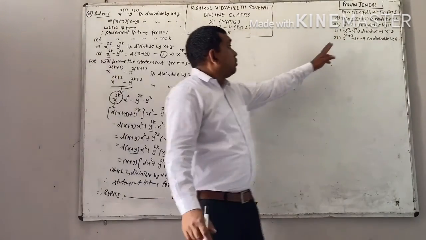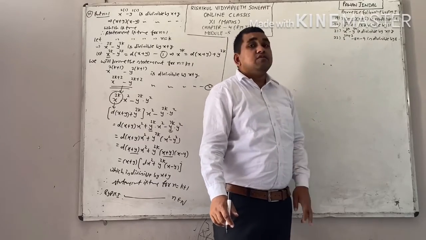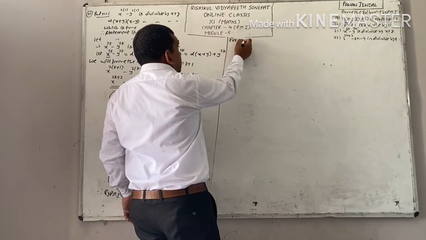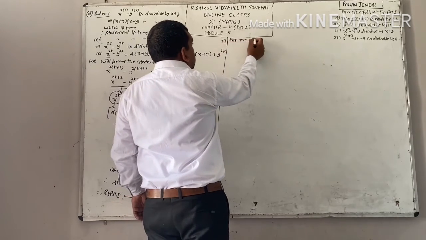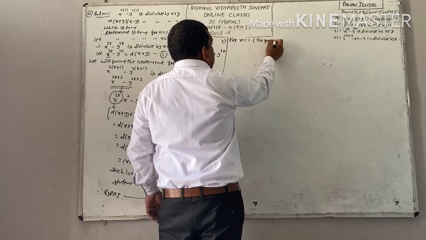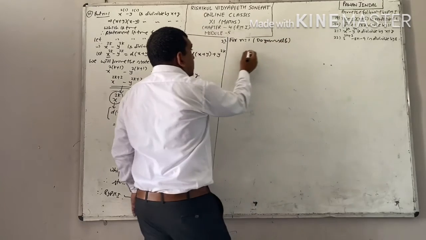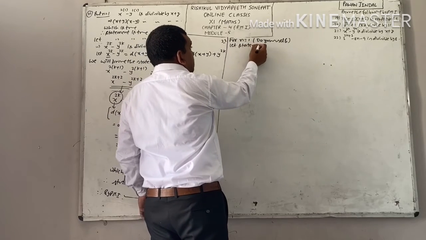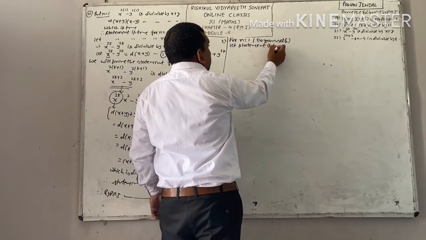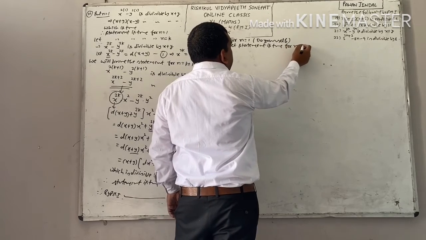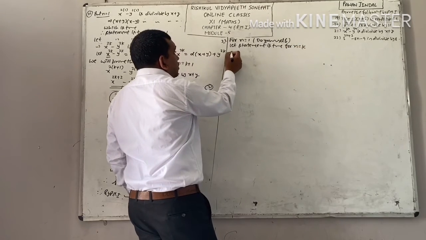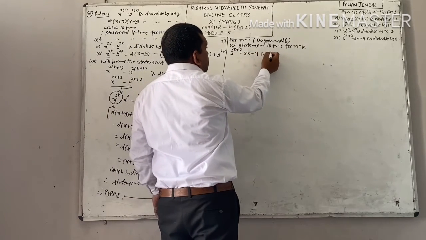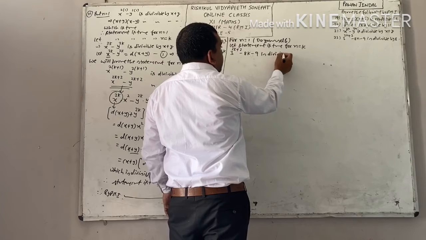3 raised to power 2n plus 2 minus 8n minus 9 is divisible by 8. First step you can easily do for n equal to 1; you will do it yourself. Now see from step number 2. Let the statement be true for n equal to k. You will get 3 raised to power 2k plus 2 minus 8k minus 9 is divisible by